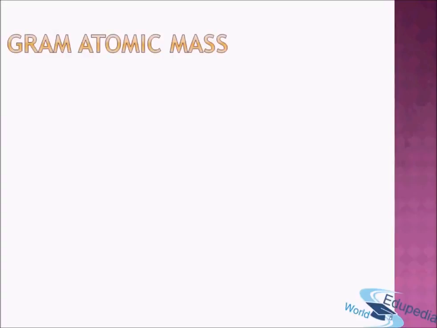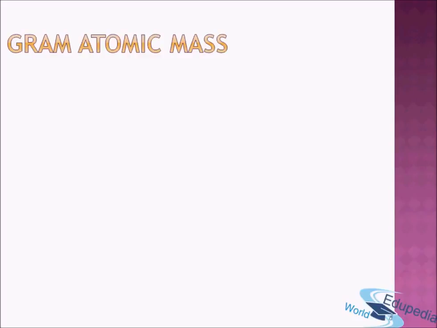Okay, so we already know what atomic mass is. It is nothing but mass of one atom of an element. Now gram atomic mass is slightly a different concept. It tells you what is the weight of 1 gram atoms or what is the mass of 1 gram atoms of an element. Alright, so atomic mass is mass of one single individual atom, whereas gram atomic mass is mass